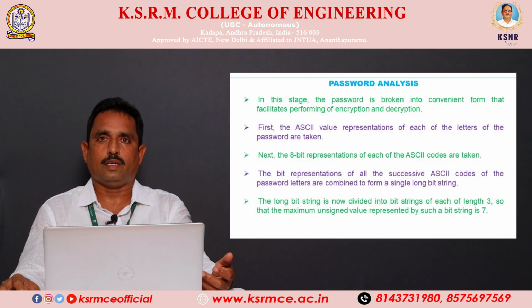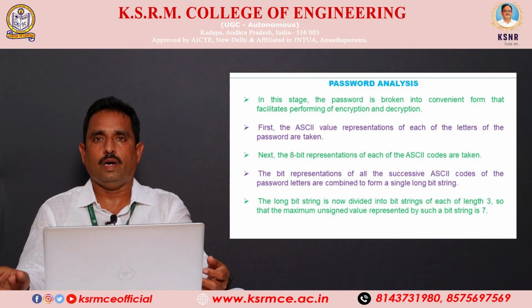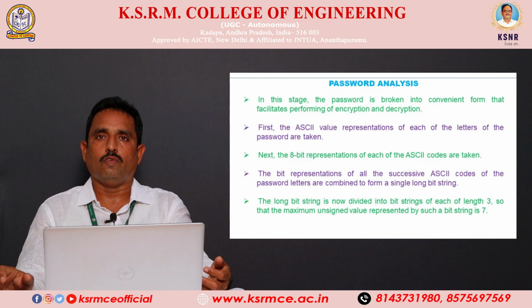For example, for capital A the ASCII value is 65, and its binary equivalent is 1 followed by five zeros and 1, total 7 bits. ASCII is the American Standard Code for Information Interchange. It is a 7-bit code, but for convenience I am taking 8 bits. So the binary equivalent of capital A is 0 1 followed by five zeros and 1. Next, B is 0 1 followed by five zeros, 1, 0. For C, it is 0 1 followed by four zeros, 1, 1. This is the binary equivalent of ABC.